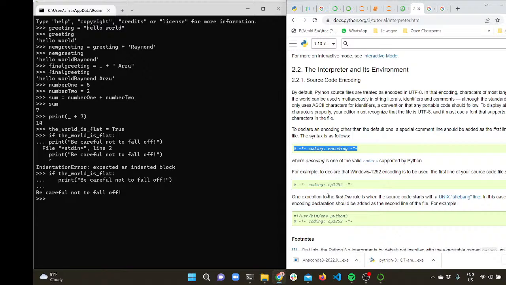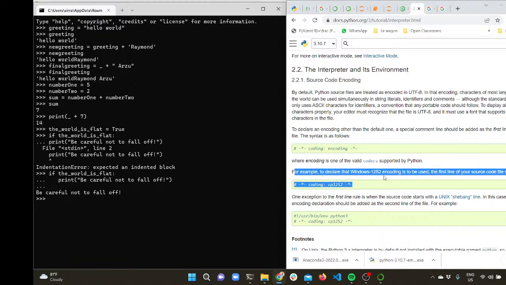So we're giving directives using these statements. For example, to declare that the Windows 1252 encoding is to be used,